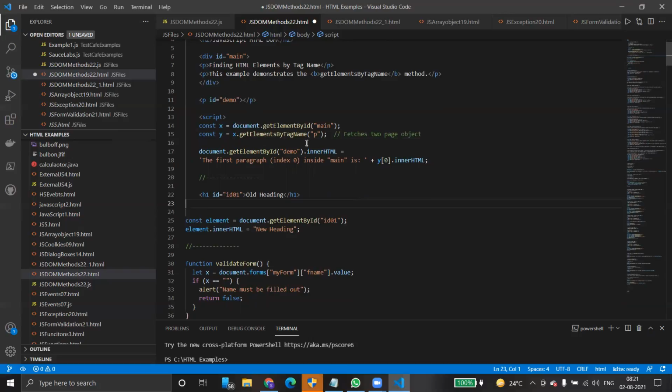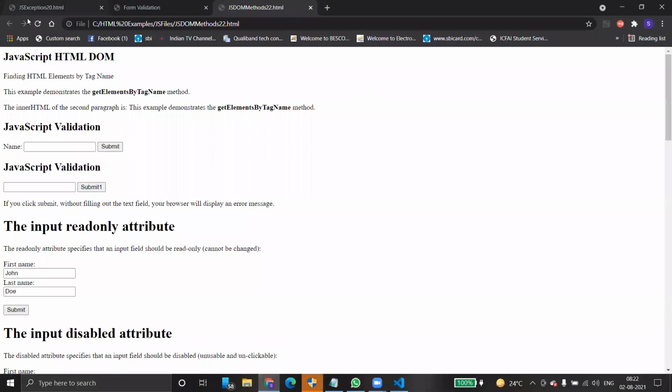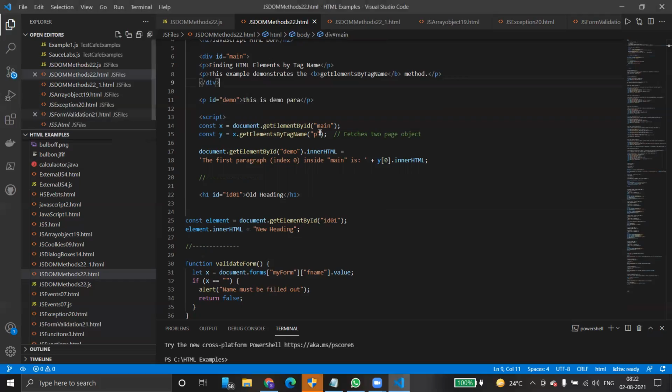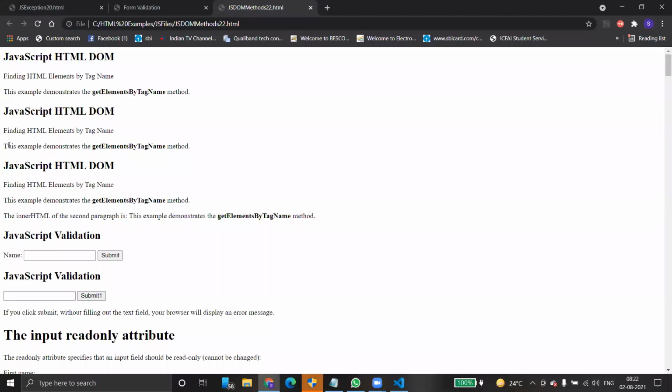And then we are assigning demo. Where is the demo? Demo is a page. There is no text actually. So, suppose this is demo, para. Control S, this refreshes. See now what happened? You just take the value from up. This page, the example demonstrates that. That's why it has come again. The example demonstrates that again it has taken the same one.